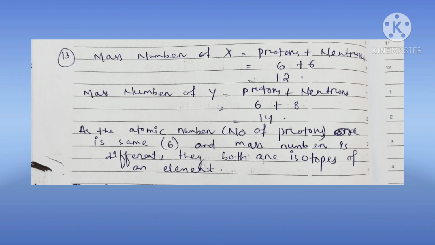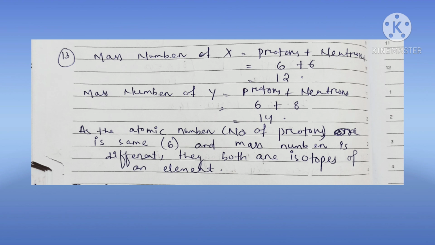So this is the actual relationship between these two. They are isotopes. Okay, both are isotopes of one element. Which element we don't know, but these are isotopes because the proton number is same. Is it clear? Atomic number is same, but the number of neutrons are different. The mass number is different. That's why they both are isotopes, because it is asking give the mass number of X and Y and what is the relationship between the two species. So the relationship is actually they both are isotopes of one element, same element. Okay, it is not asking about which element, only it is asking about the relationship.